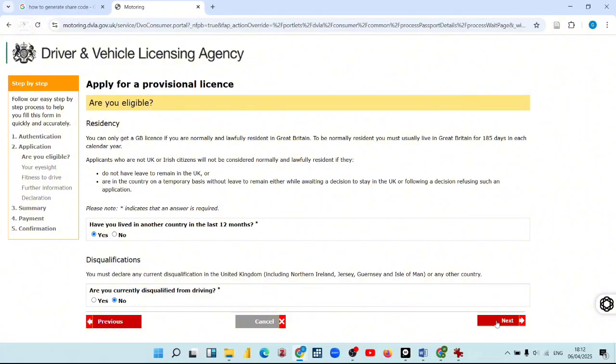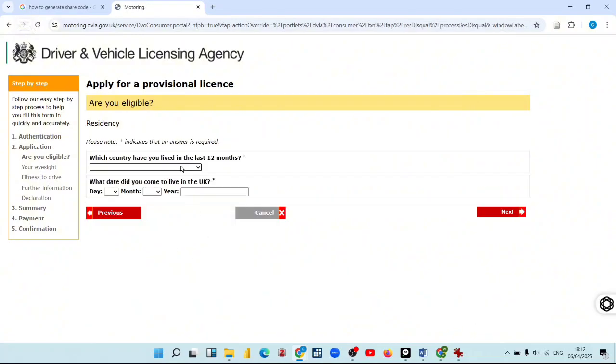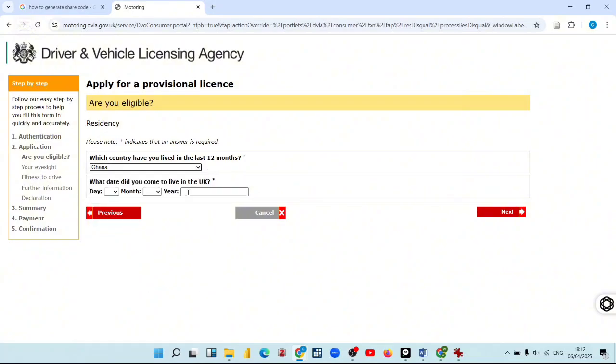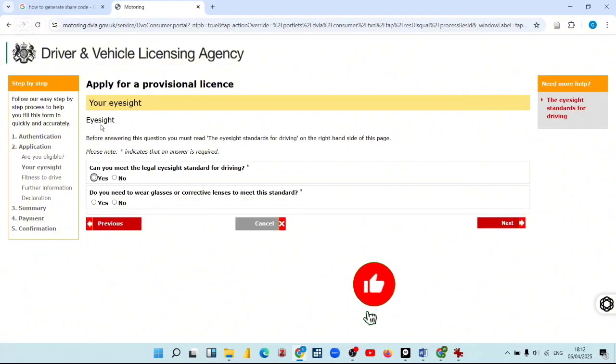So the next one, I'm going to go to next. It says which country. I'm going to enter Ghana. You can enter your country as well. When did you come to the UK? I'm just going to do maybe 4th of January 2024 or 2025. Yes, and then it says can you meet